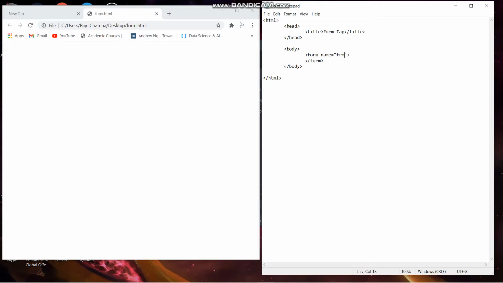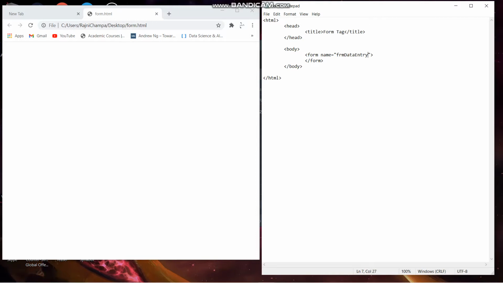Like here I am giving frm login, or I can say FRM data entry. You can see the camel case notation in here. For the name, you can see this is the value of the attribute name for the form tag.